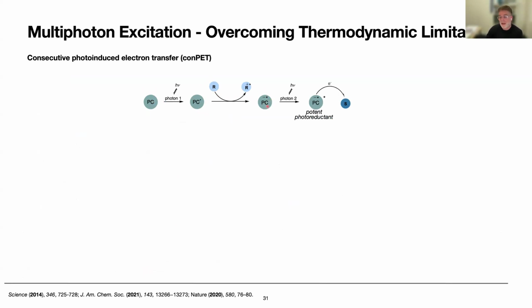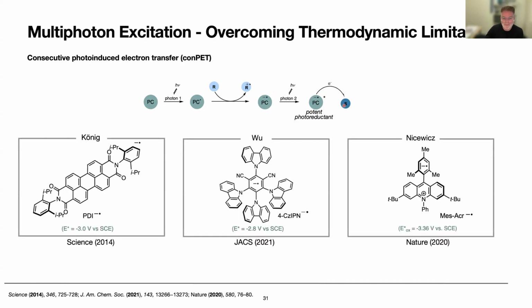If you have an appropriate catalyst, you can then irradiate that a second time, so that it becomes a chromophore, and is taken up to a higher excited state, which becomes highly potent in reducing. Electron transfer is possible to the substrates that we were looking at before. Examples of these types of systems which undergo this consecutive photon and electron transfer are generally within the realm